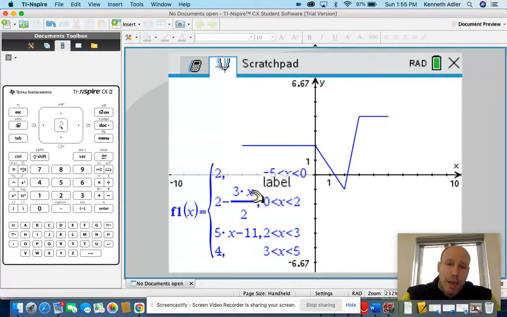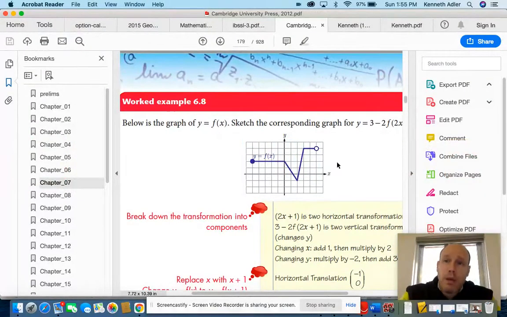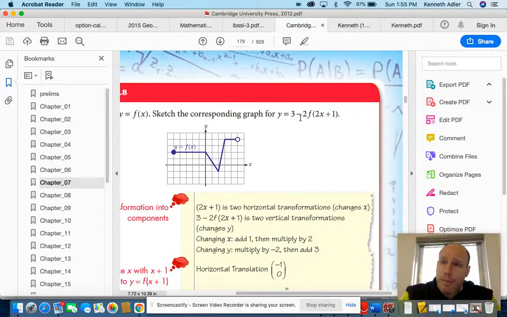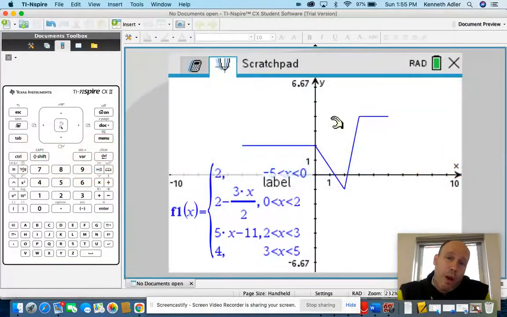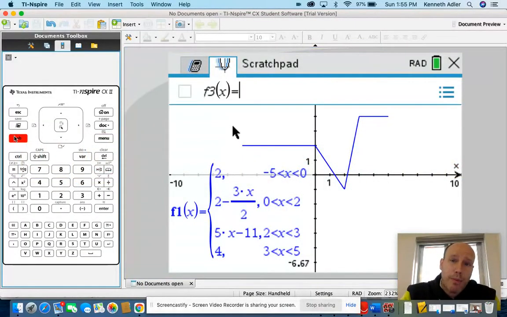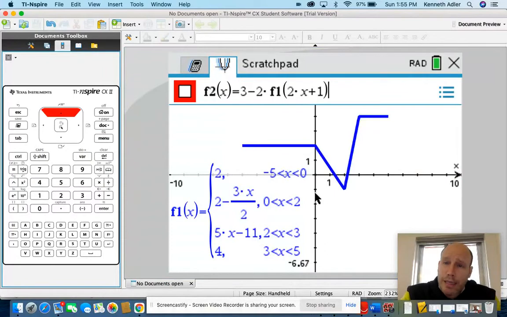The idea is they've given us a transformation. If I move it over, we see it's 3 minus 2 times f of 2x plus 1. And so what I did in the graphing calculator was, if you look at tab number 2, I already completed this. I did 3 minus 2 times f1, 2x plus 1. You can fool around with it, and you can follow the book, or you can just go to the final answer. Before we do that, let's see what's going on here. So we expect it to go 1 to the left. We expect a horizontal stretch with a factor of 1/2,